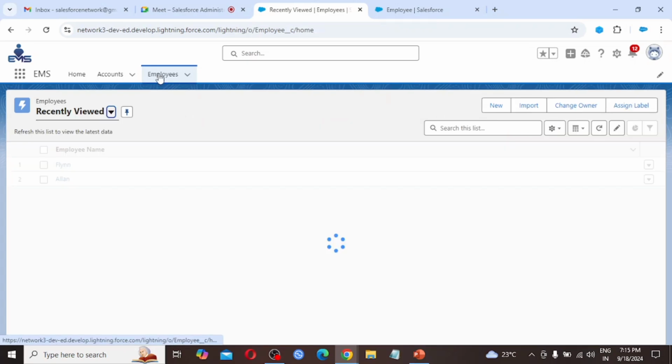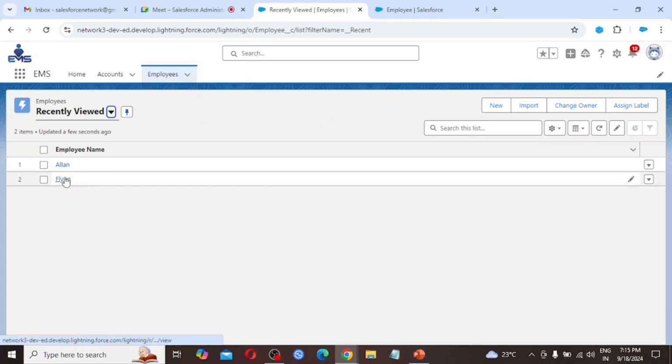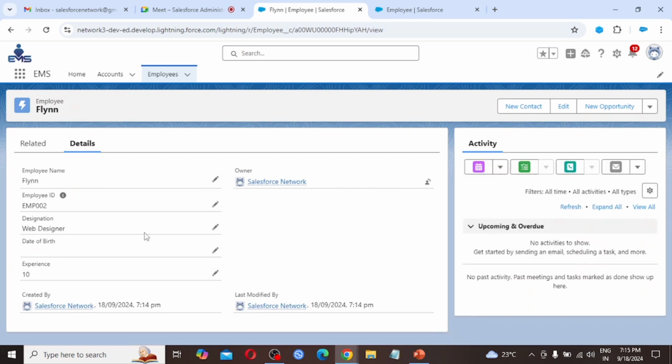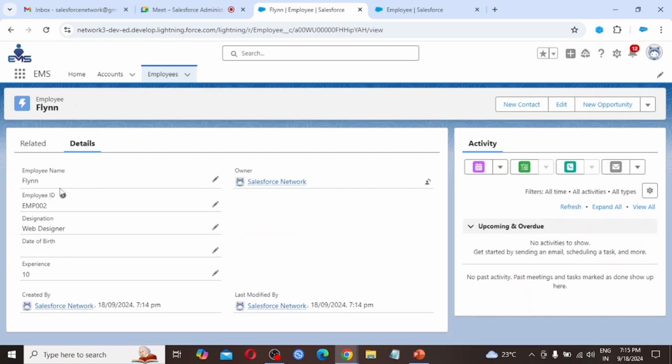Again, for the second record, employee name Flynn, employee ID EMP002, designation is web designer, date of birth we had not provided so it is not available, experience 10 years.